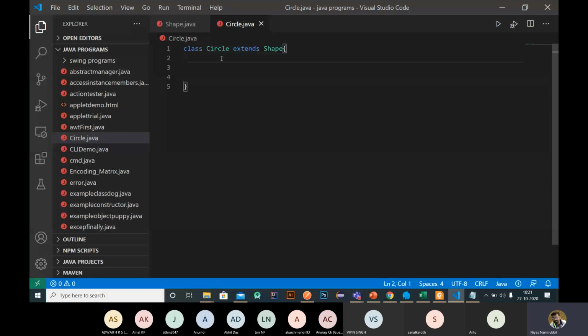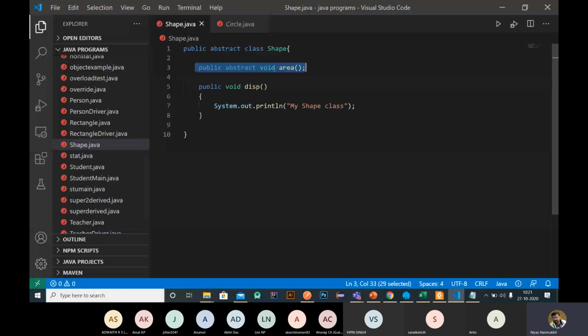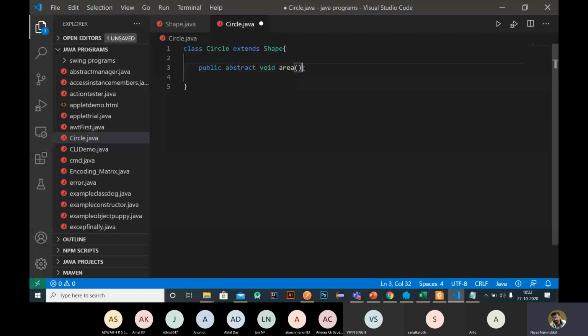Now, as shape is an abstract class and consists of an abstract method area, we need to complete it and provide the implementation of this abstract method. For example, in area just print System.out.println circle area, simply print.